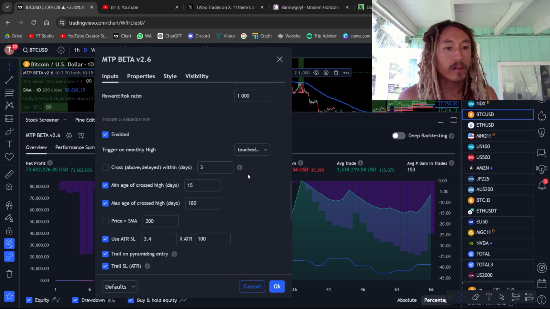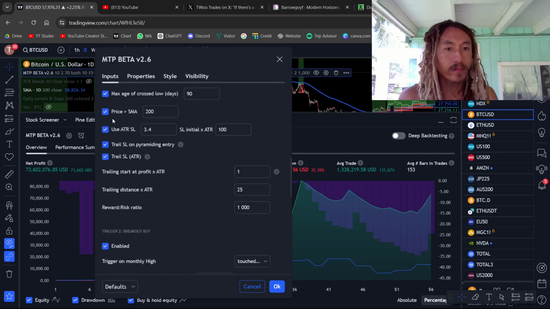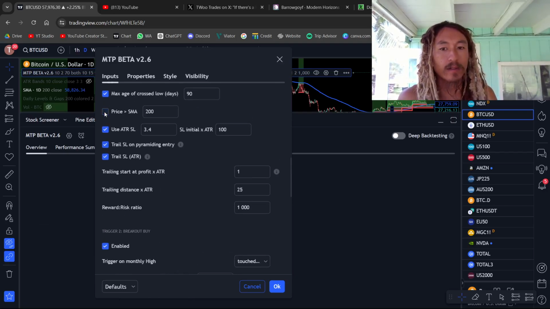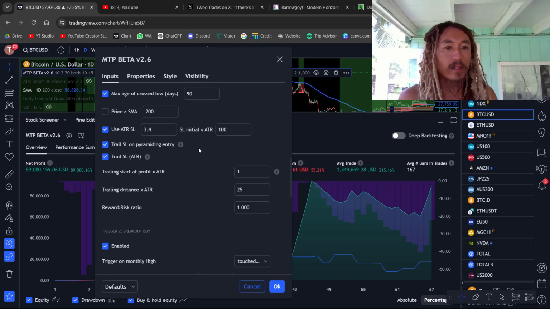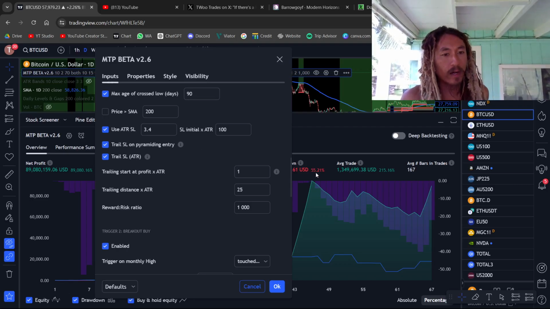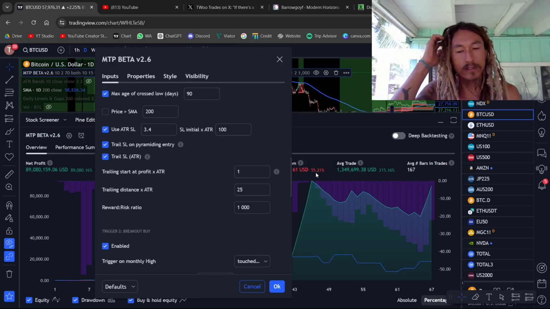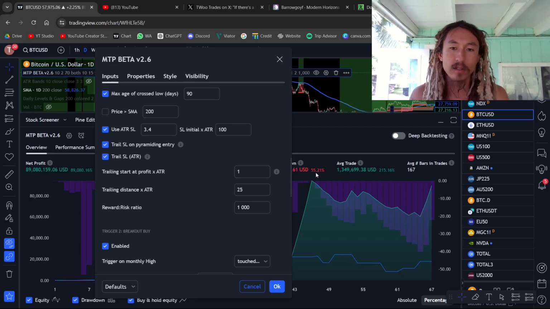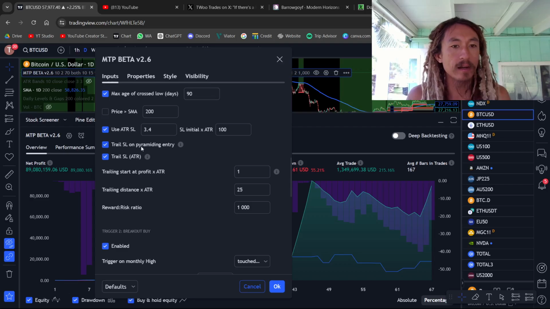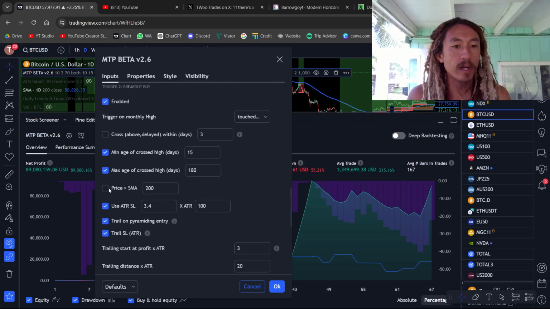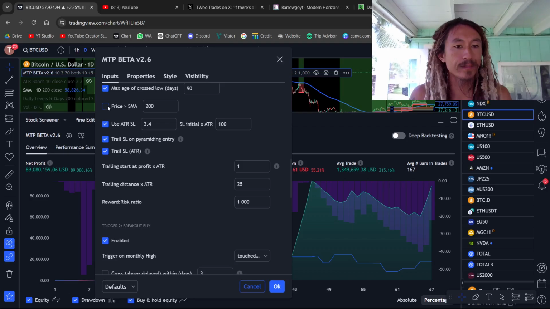The drawdown stays the same and the net profit increases. Let's turn it off for this one. Okay, the drawdown increases, but we went from, this is interesting, 55% to 89,000. So let's compare. We have them on,